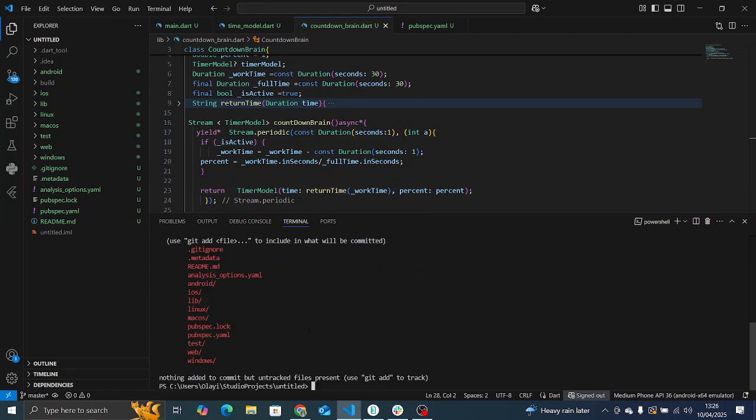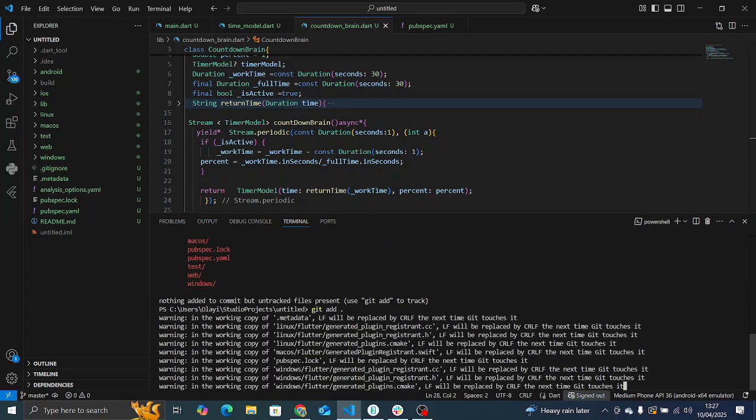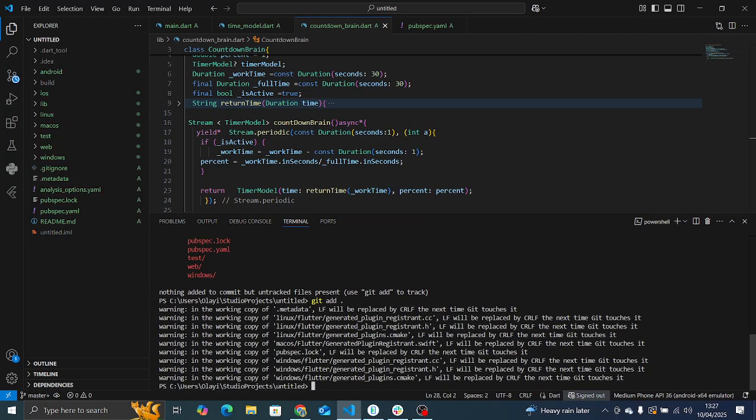So to do that, I can just do git add . This dot means add all. If you don't want to add all, if there are some specific files or folders that you want to add, you just need to mention them here like this. Let's say lib/, that is, everything inside lib will be added. But in this case, we want to add all, everything in our working repository. So when you click here, it will add everything to your